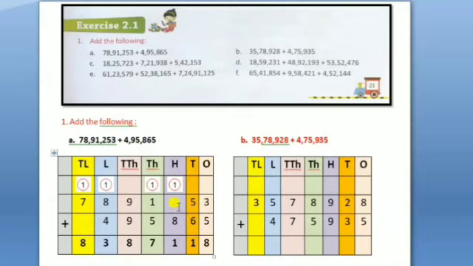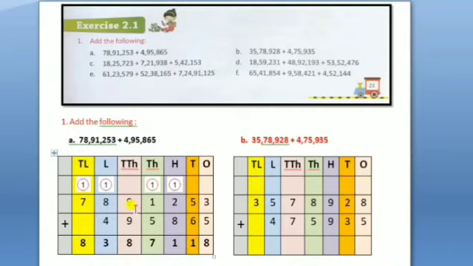Try to add 2 plus 8. 2 plus 8 is 10, and 1 remainder when added, it becomes again 11. Again 11 is a two digit number, so the ones digit will be written as 1 only, and the tens digit will be taken to the thousand column as remainder. Try to add 1 plus 5, it becomes 6. In that, when we add 1 remainder, it becomes 7. So the total value will be 7.